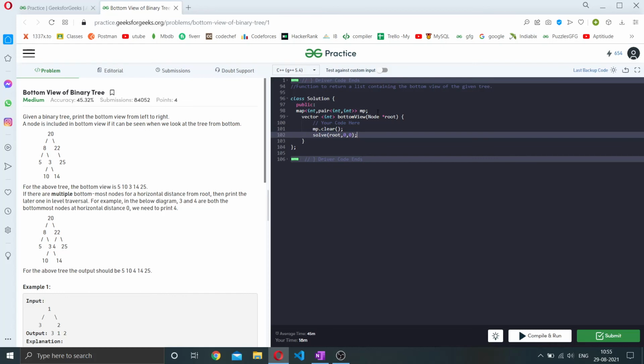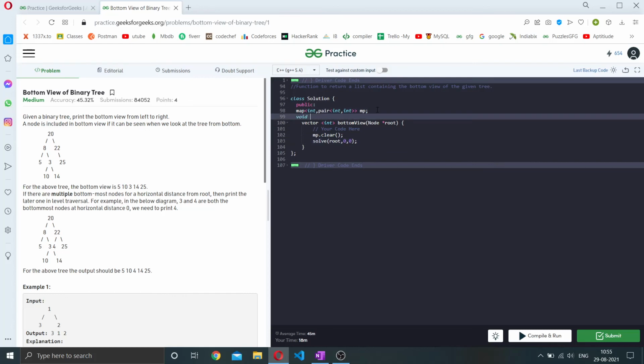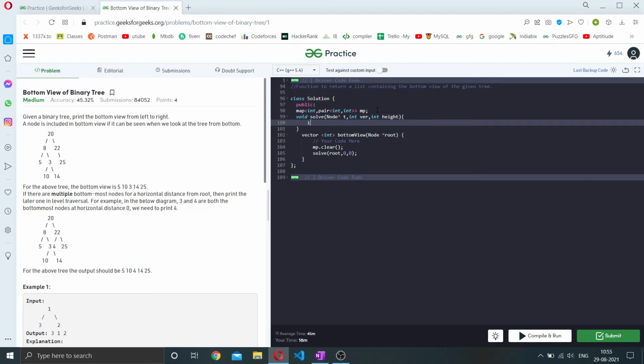Let me write this function returning nothing, so it is void, with the node passed in, int vertical and int height. The base case is if t is equal to null, we don't have to do anything, we just return from here.